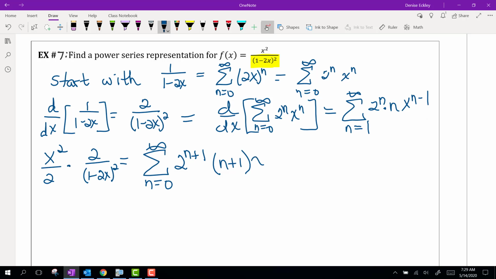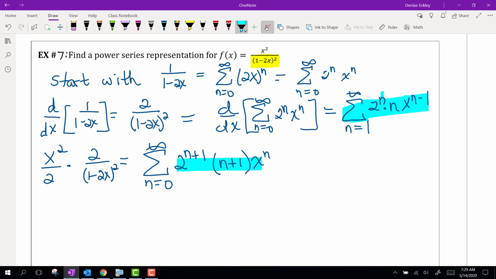And then I'm back to x to the n. So check that for yourself to double check. Because if I were to put 1 in for n in this series there, my first term would be 2, which is what I want. And that's my constant. And I want that to be the 0 term. So if I do that in my new form, it's still going to be 2 if I put 0 in